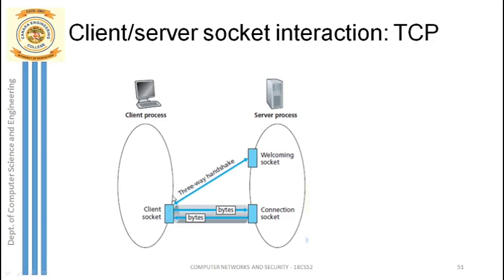So you just see here, the client has a socket first. As usual in UDP, the client had created a socket. The same way here in TCP, the client will create one socket. Now, through this client socket, he is sending the request message. What is that request message? This is just to ask the server whether he is ready.